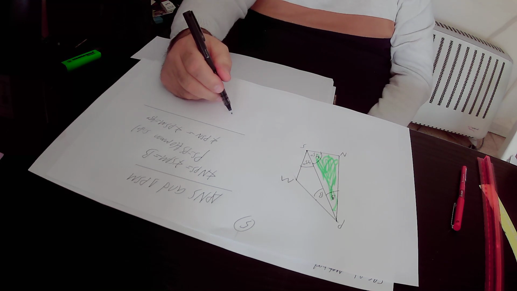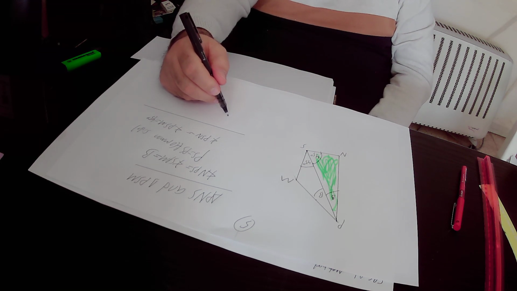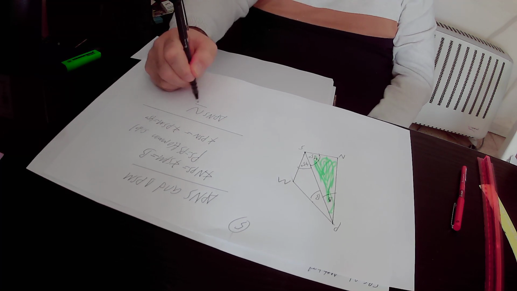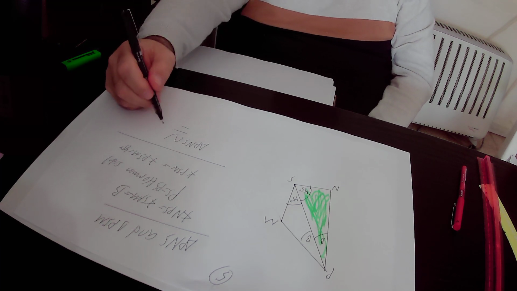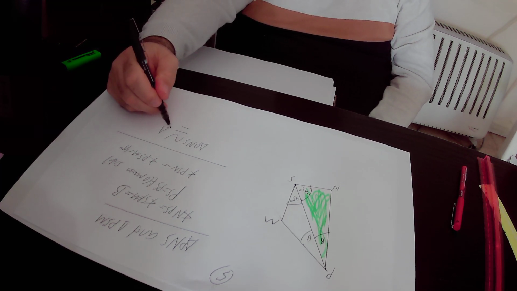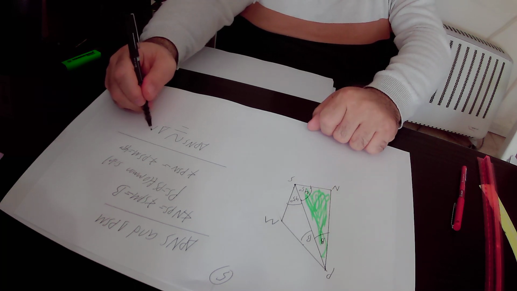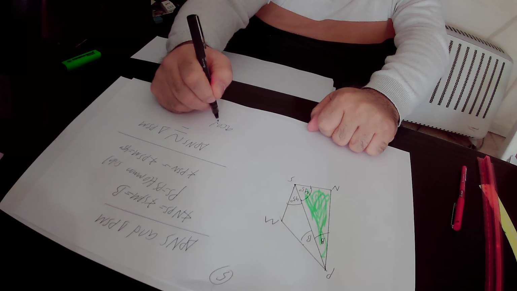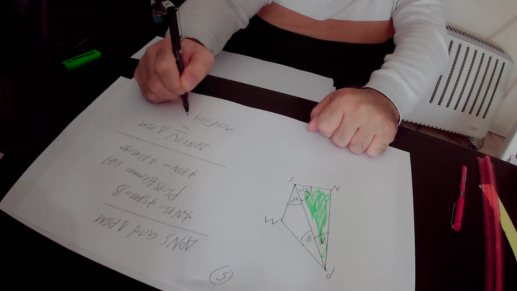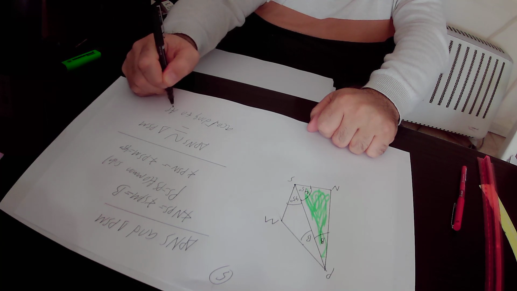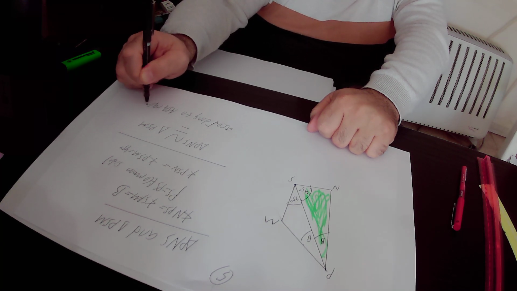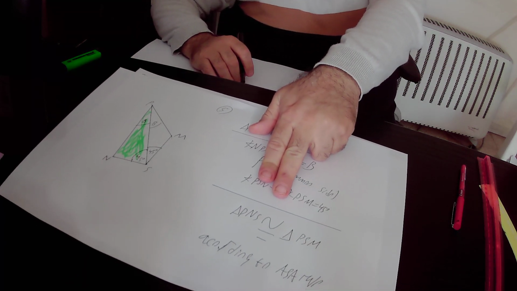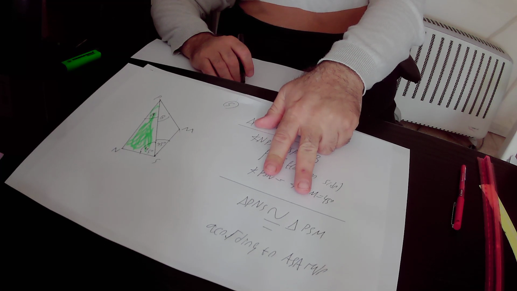So I write it down. The green triangle, triangle PNS, congruent, this is the sign of congruent, to the white triangle, triangle PSM, according to the angle side angle rule. I'll repeat again. The green triangle, triangle PNS, congruent to the white triangle, triangle PSM, according to angle side angle